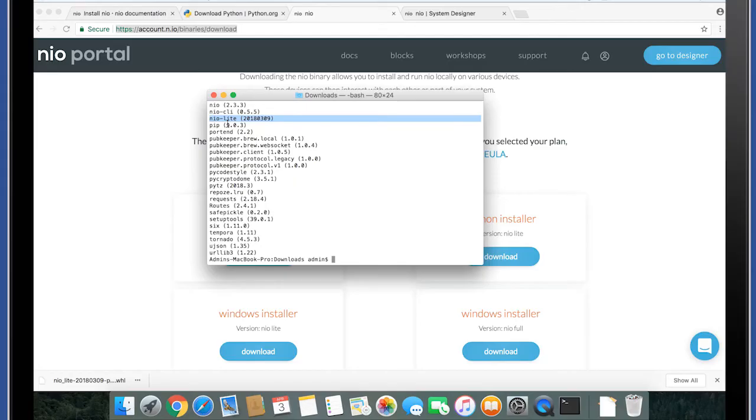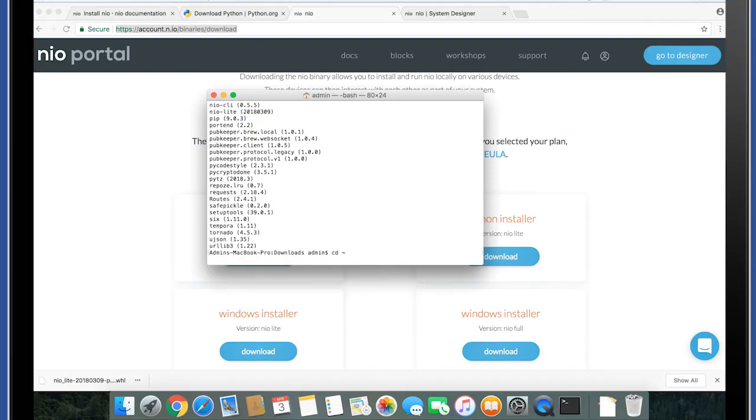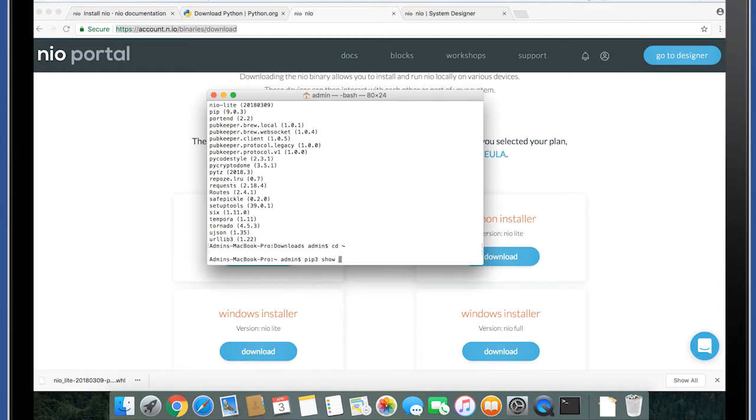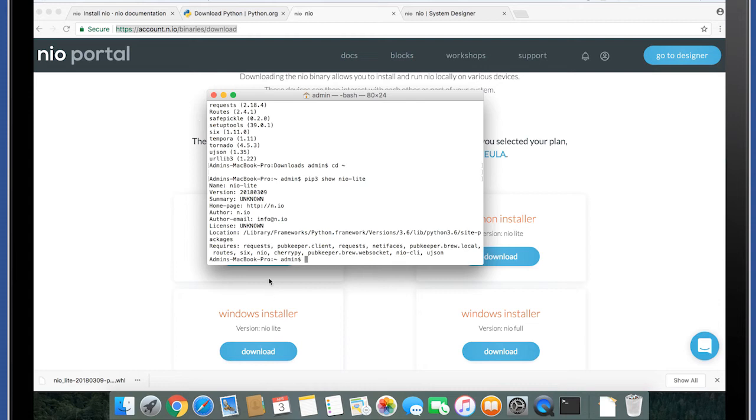So from this downloads directory, I'm going to cd back to our home directory, cd tilde, and then I'm going to pip3 show neo-lite. And this will show me where the location of this Python package is. Location here shows that it's in Library Frameworks, Python framework, version 3.6, and then lib python 3.6 and site packages is where that all lives. I want to get up to the 3.6,